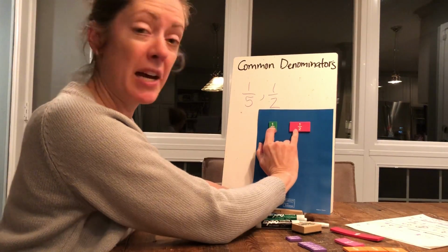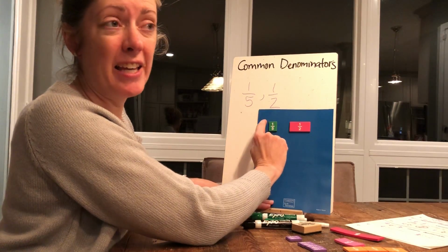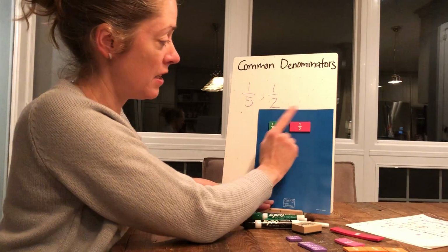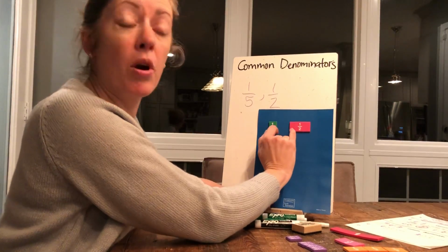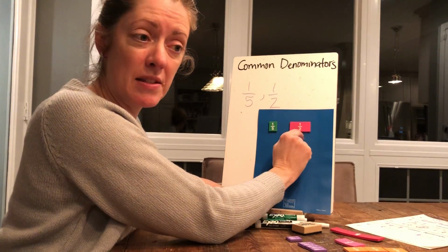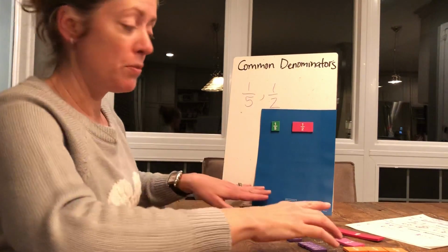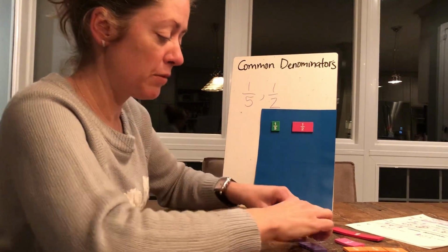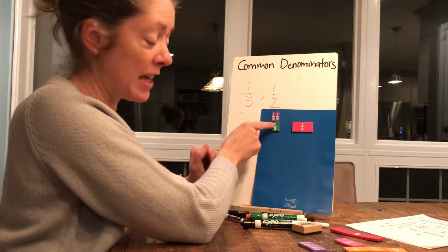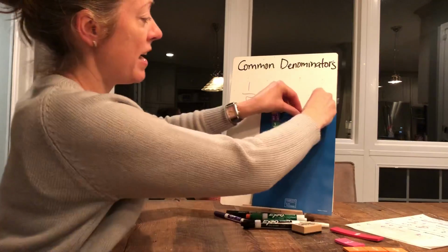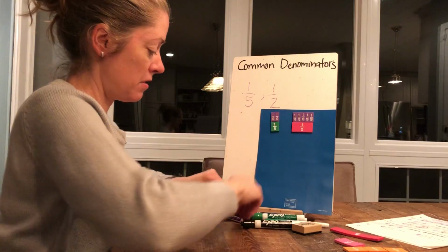These are not the same size pieces, are they? So we want to find an equivalent fraction to 1/5 and an equivalent fraction to 1/2 that are using all the same size pieces. And to do that, you need to have a common denominator. So if you played with your fraction bars, you would eventually find out that if we put 1/5 into tenths and the 1/2 into tenths, you would see that then we have